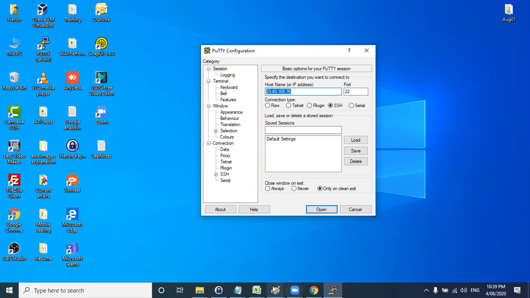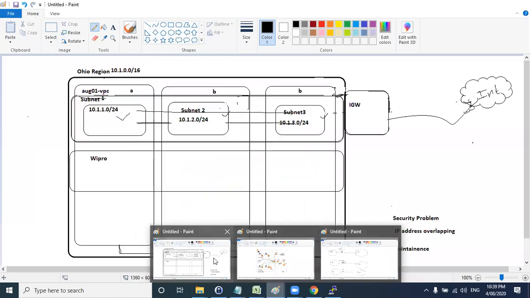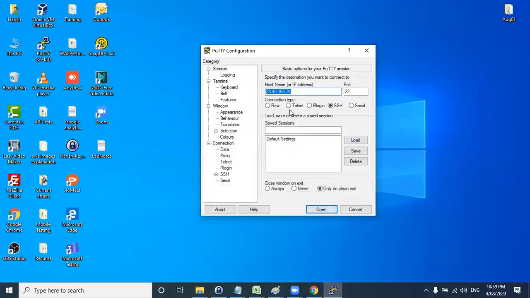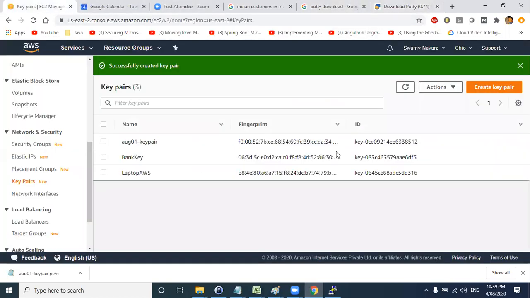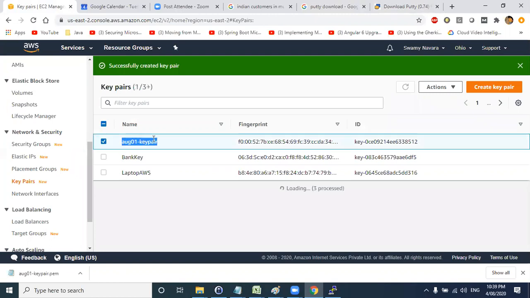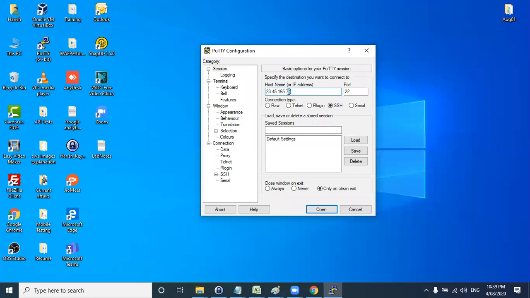As I told, we have two authentication methods. One is the asymmetric method and one is the symmetric method. So we are using the asymmetric method, which is nothing but a key pair. Now what AWS is doing is making your job easier. They allow you to download the private key, and the public key, whatever you want to assign. Earlier, the network engineers would manually log into the machine and put the public key inside that machine, and they would tell you that whoever has the private key can use this machine. But now when you are creating an EC2 instance, AWS will do that job for you. That I will show you in a while, okay?